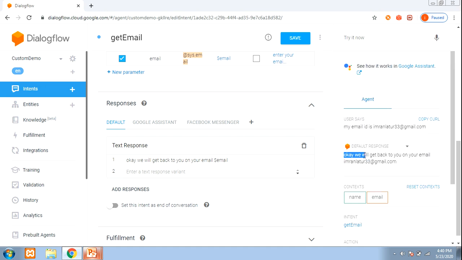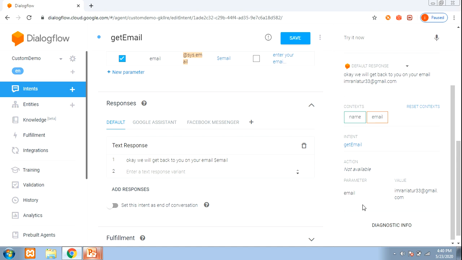Okay, we will get back to you on your mail. Imran Latur 33@gmail.com means the bot has recognized it. You can see here my parameter is email and value is my custom defined value.